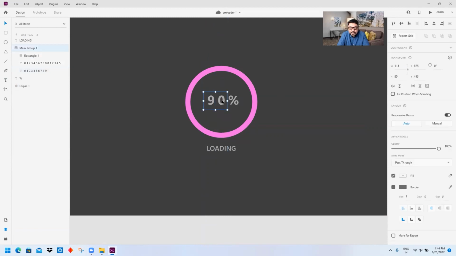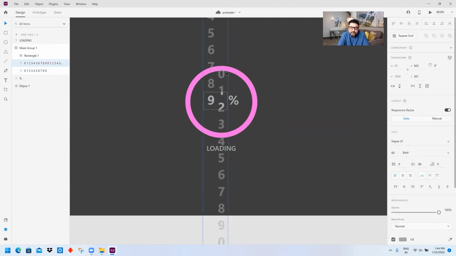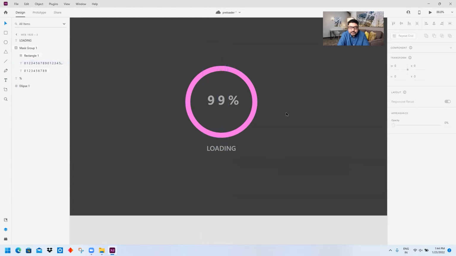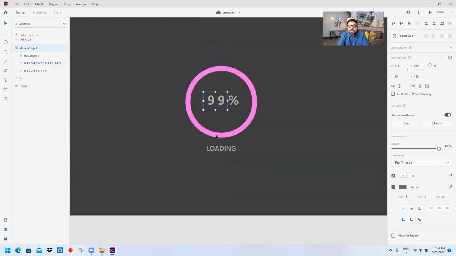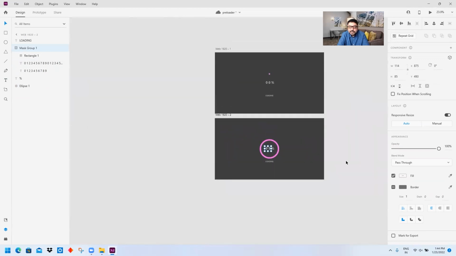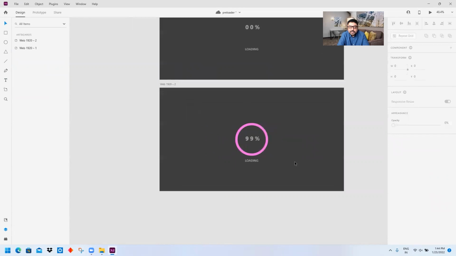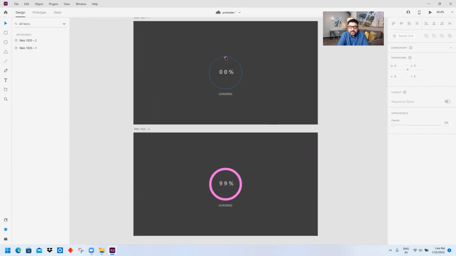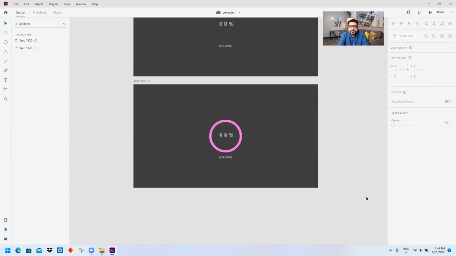Okay, and similarly the second one also I will scale up till the second 9 comes into place. Lovely. So we can see in the mask, the first one has 0, 0, and in the second one we have 99. Also, it starts with a dot and ends with a full circle over here.